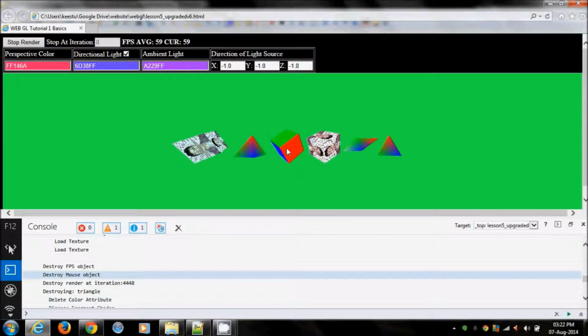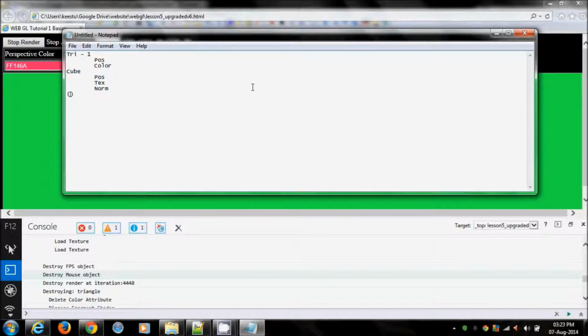So here I have cube, pyramid, cube texture light, square and triangle. Now since triangle has position and color, while cube had position, texture as well as normal information, WebGL did not know how to assume how triangle would work within the same GL. So there are only two line items in triangle. So it was always trying to find the third line item, and that is the purpose of that disable.